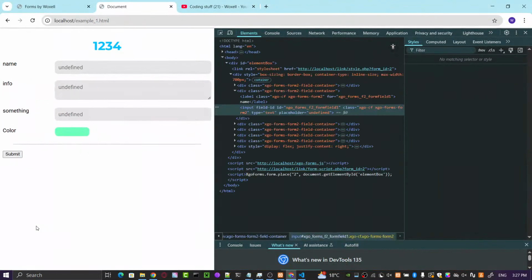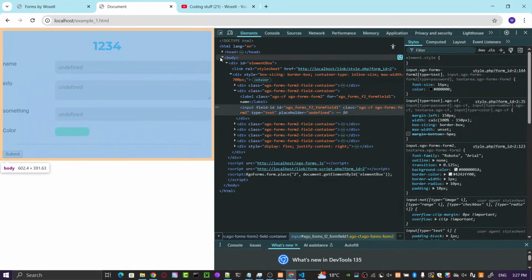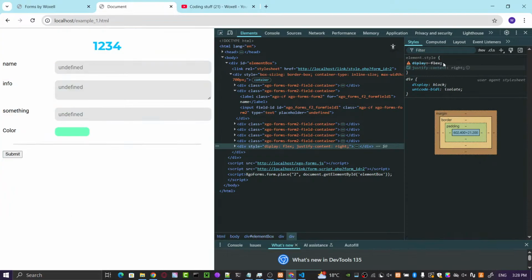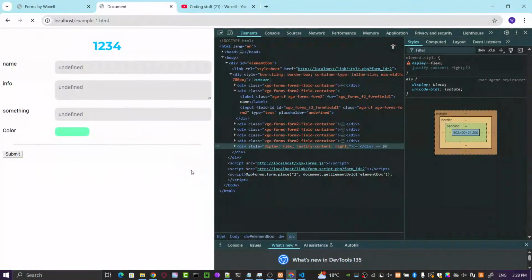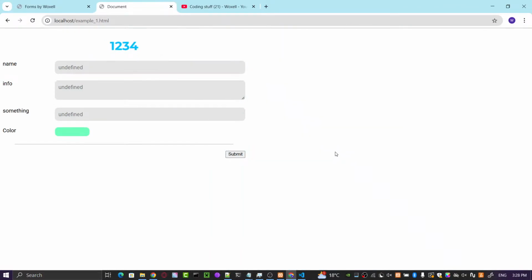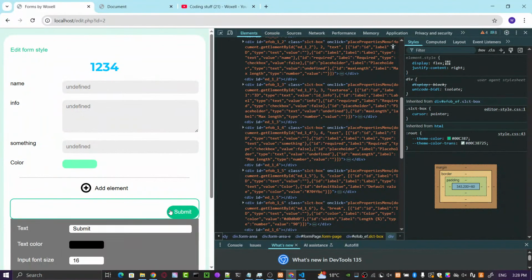Let's try to refresh this, and yeah, it's here, but for some reason it's aligned to the left. I don't know why. Oh wait. Okay, that was just a typo. But yeah, I think it works, right?